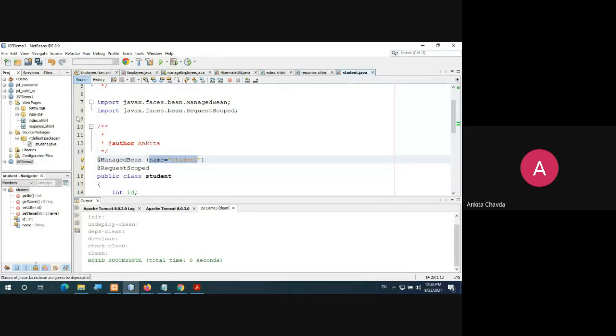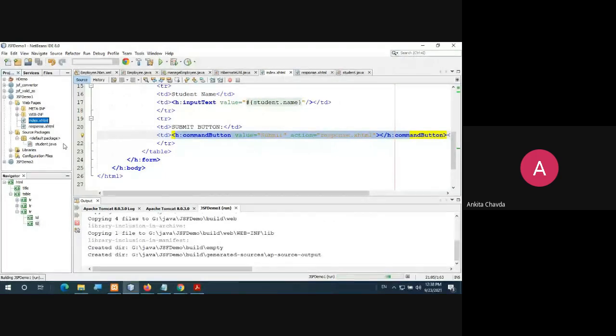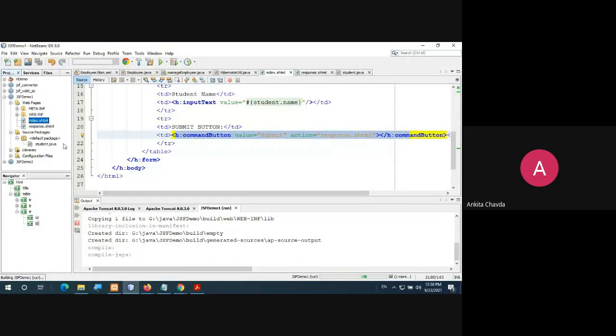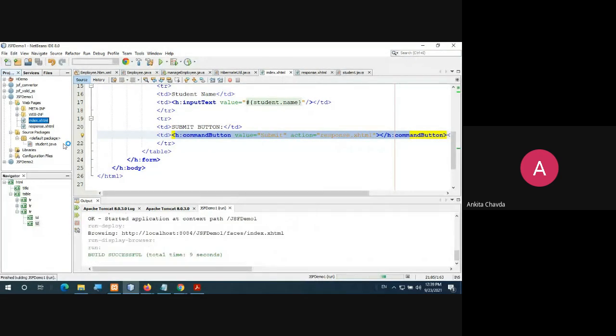Okay. Fine. So I just need to run this file index.xhtml. When I run this, by default it is showing me something else, right? I'm giving the ID 1 and I'm entering my name, right? Once I submit, this is your submit button. Welcome, my name, your ID 1 is created. That way you print that. Very easy.